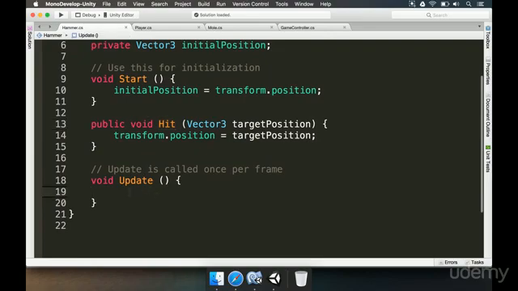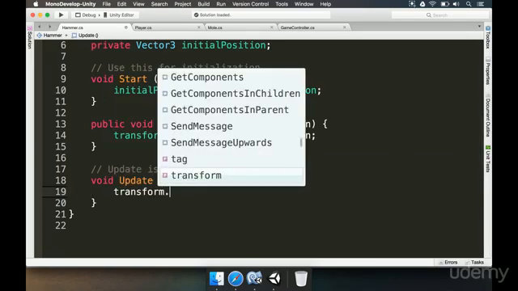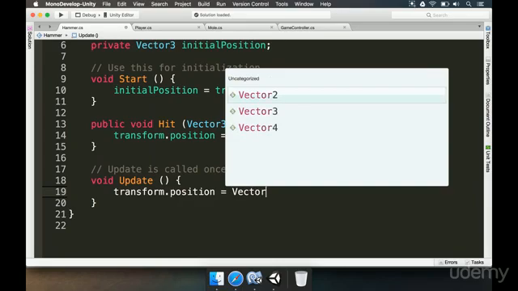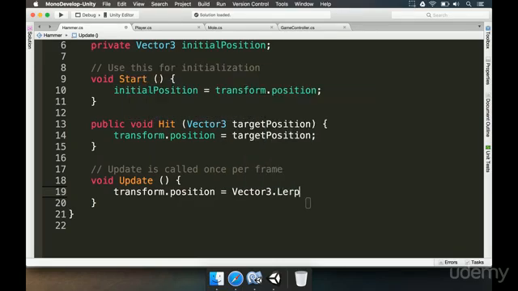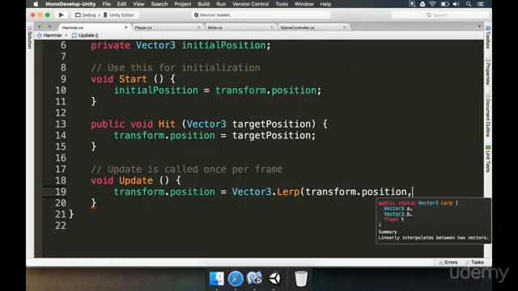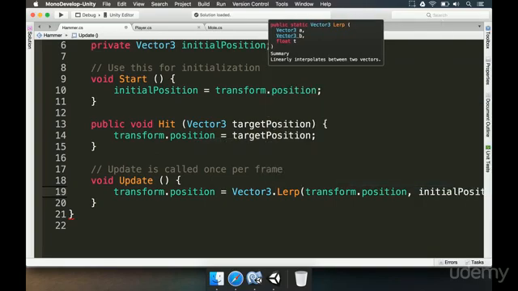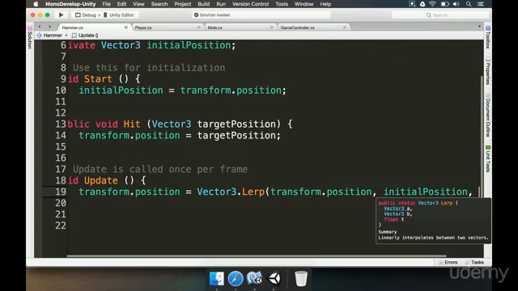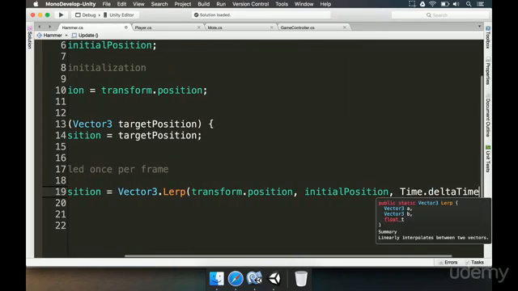So we're going to do a lerping logic here, just like we did with the moles. It's some sort of small animation to always make the hammer move back to where it was in the beginning. So we're going to type transform.position is going to be Vector3.Lerp. The first parameter is where it is, so transform.position. The second one is where it should be, so we're going to use initial position. It always should be in the beginning. And the third parameter is the time component, so we're going to simply put here Time.deltaTime,